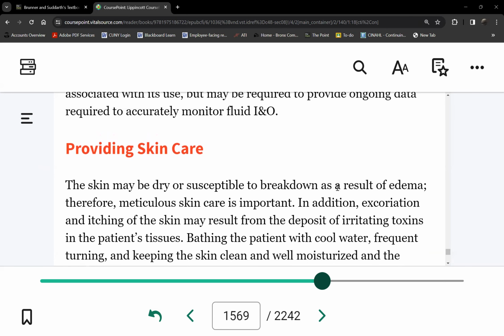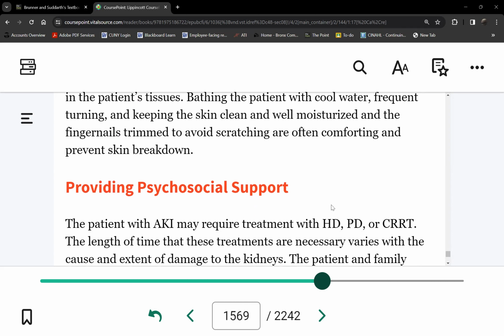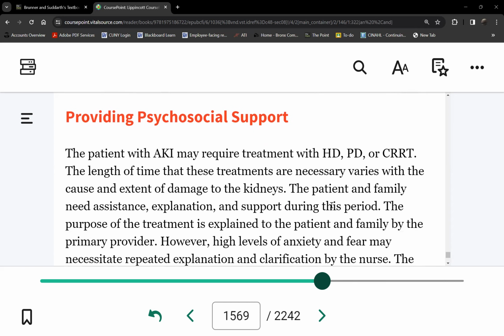I'm an expert in cleaning. Skincare: we'll talk about this later again when we get to CKD next week. We won't have time today. When the patient's kidneys can't get rid of BUN and creatinine, waste products come out through the skin, causing it to be itchy and dry. And of course, if it's itchy, what do you do? You scratch it.